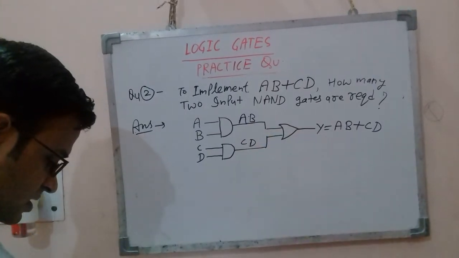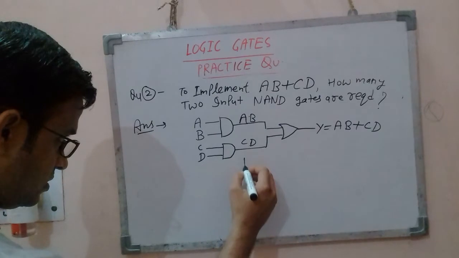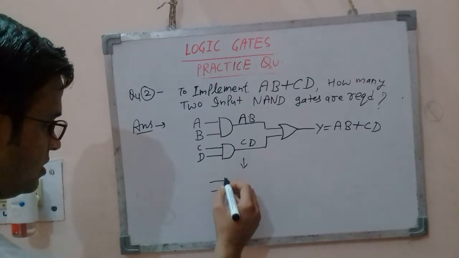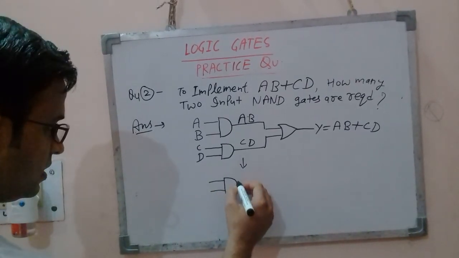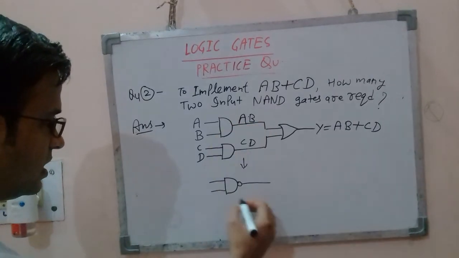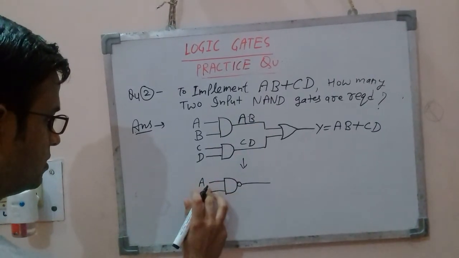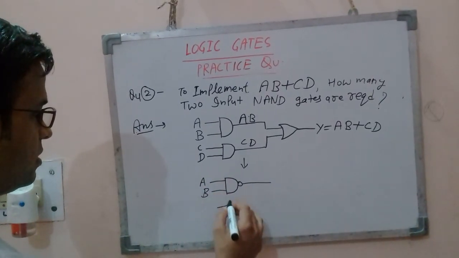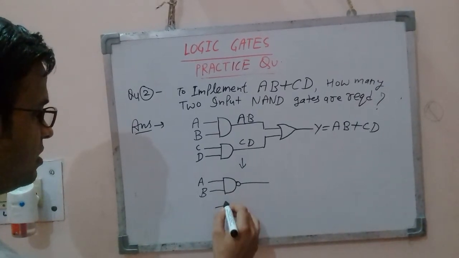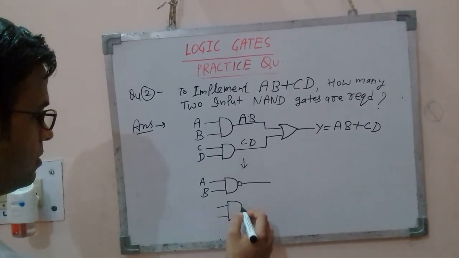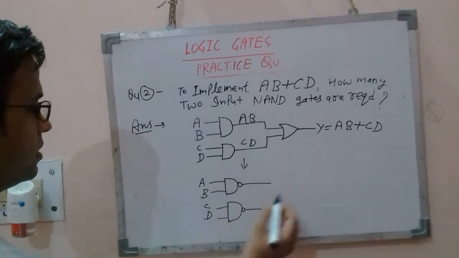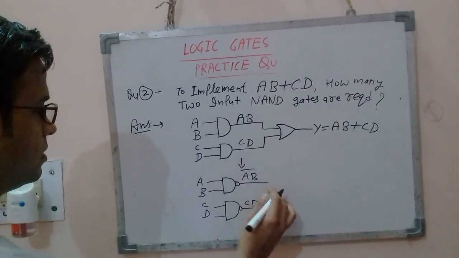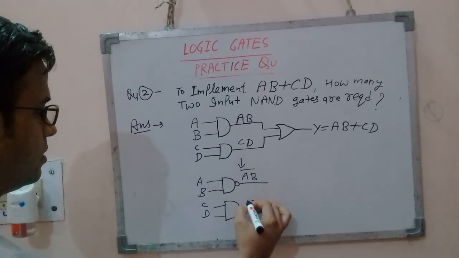That means you can apply the logic, think logically and redraw the circuit again. Apply a bubble, one bubble after this AND gate, that means like this. Similarly apply another bubble here. This is CD. Now tell me what is the output. Now the output is AB bar, here the output is CD bar, right?